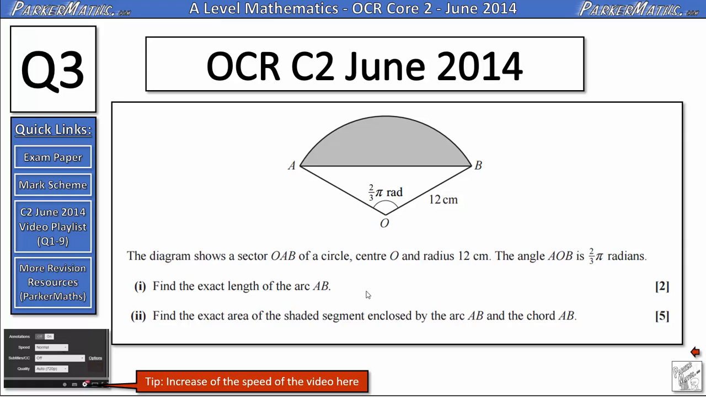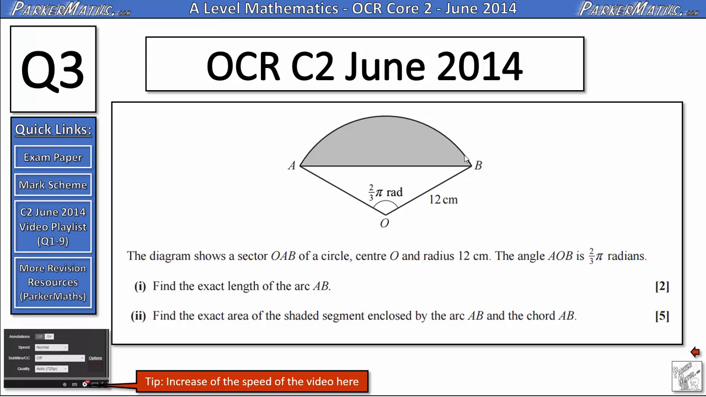The diagram shows a sector OAB of a circle, centre O and radius 12 centimeters. The angle AOB is 2/3 pi radians. So again, all shown in the diagram here. And in part 1 we need to find the exact length of the arc AB. And in part 2 we need to find the exact area of the shaded segment enclosed by the arc AB